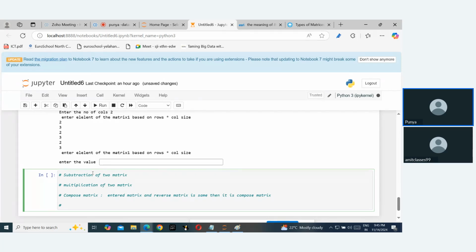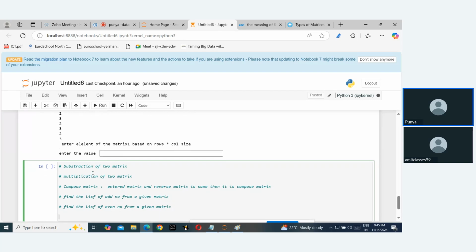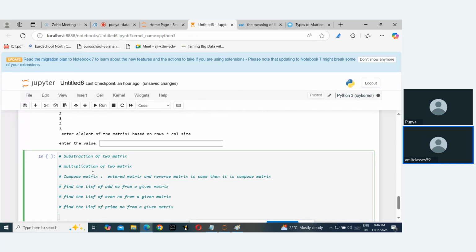और आपने प्राइमरी का प्रोग्राम किया था, राइट, ऑड इवन प्राइमरी इसका किया था। तो अब आपको क्या पता करना है, बेसिकली फाइंड द लिस्ट ऑफ ऑड नंबर फ्रॉम अ गिवन मैट्रिक्स। फाइंड द लिस्ट ऑफ इवन नंबर फ्रॉम अ गिवन मैट्रिक्स। सेम प्रोग्राम को मैंने डाल दिया, इसी प्रोग्राम को कर सकते हो, फाइंड द लिस्ट ऑफ प्राइम नंबर फ्रॉम अ गिवन मैट्रिक्स। इनफ है, ये पहले मेरा बेस क्लियर हो जाए।